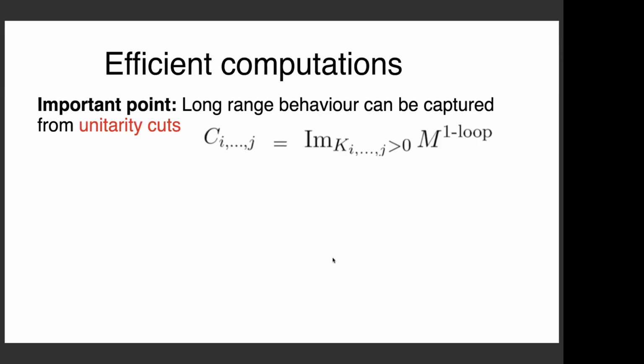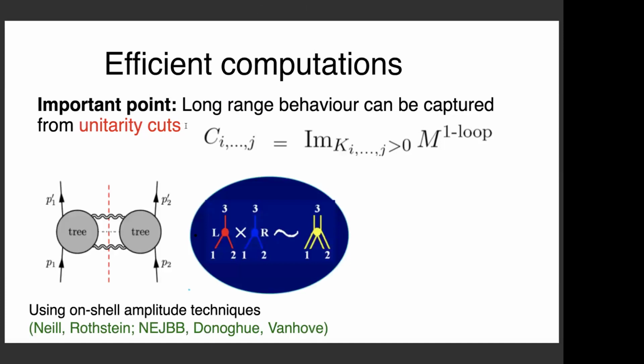An important point is to use unitarity; we need to know what we can capture from this. It turns out that the long range behavior of these interactions is exactly what we can easily capture with the unitarity cuts. If we are doing QCD, there are some areas where it's harder to use them, and we have to use more advanced methods for unitarity cuts. But here, for the long range behavior that we're interested in gravity, we can use the standard approach, and therefore it simplifies the computation.